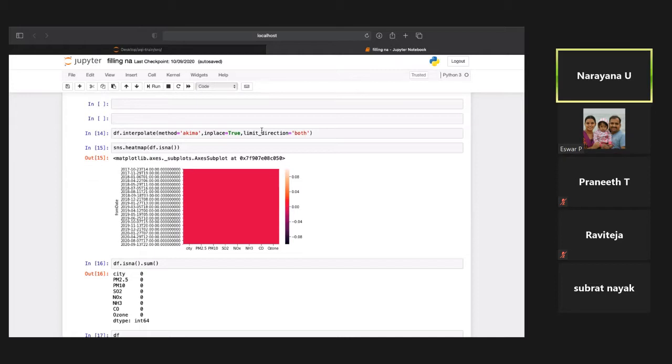Then is it possible for you to upload this data to Shivani's GitHub after filling the null values, so that we can say it is completed? There should be a file as a deliverable to say it is completed. Yes, we can do it, that is not a big deal.